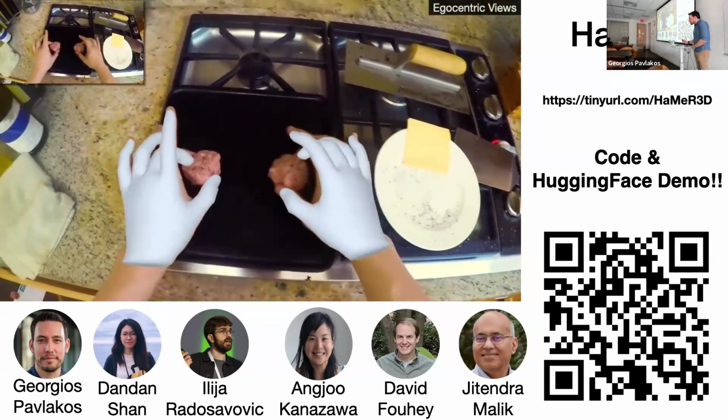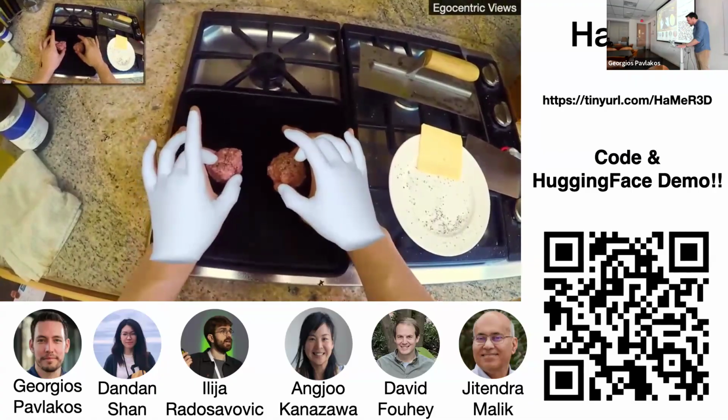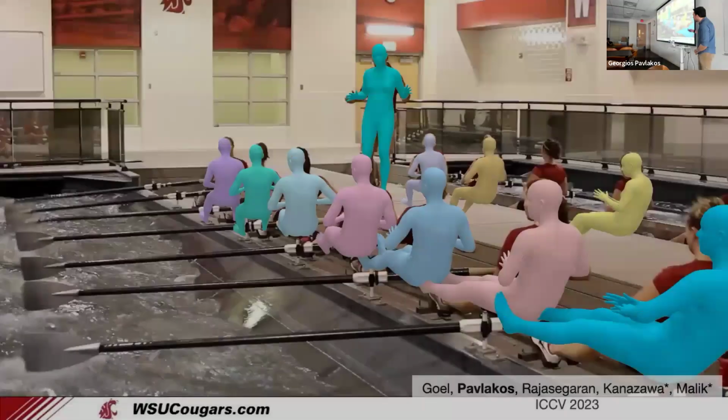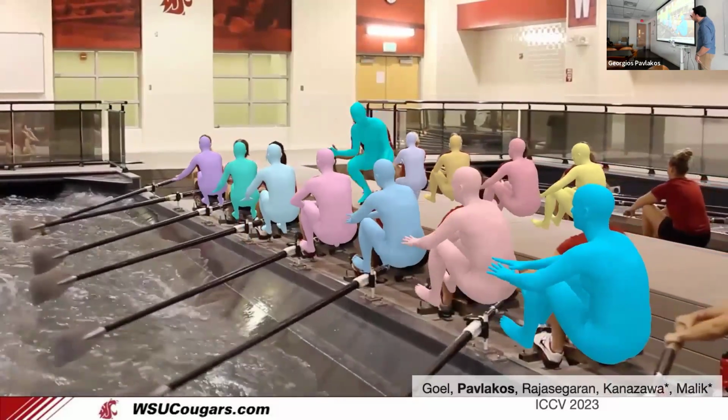Okay. I don't think I have time for the temporal reconstruction that I had planned, so I will just go closer to some of the results. What I wanted to say is that with this approach, we are able to position the people in the image.